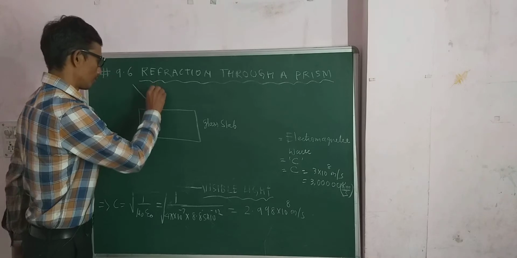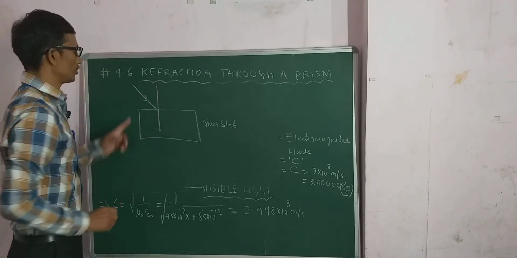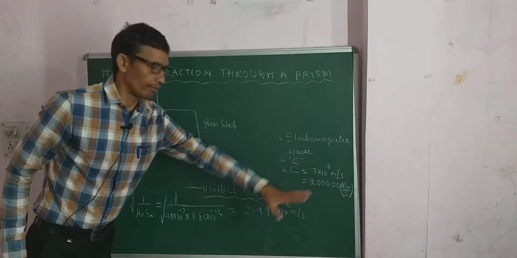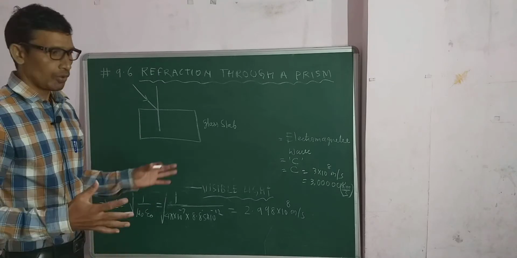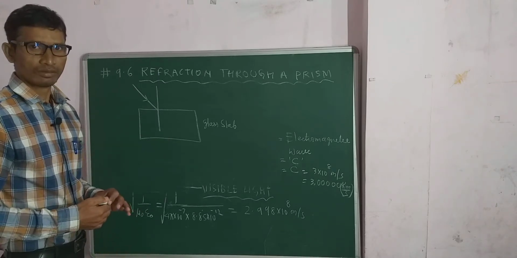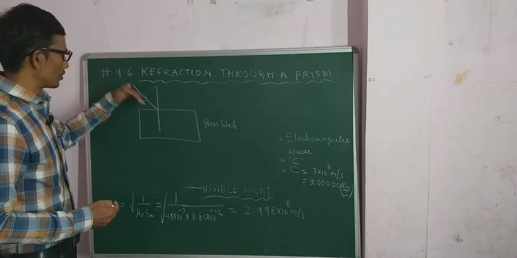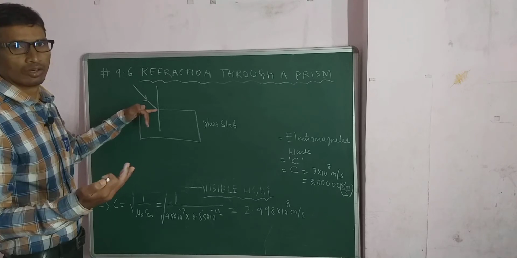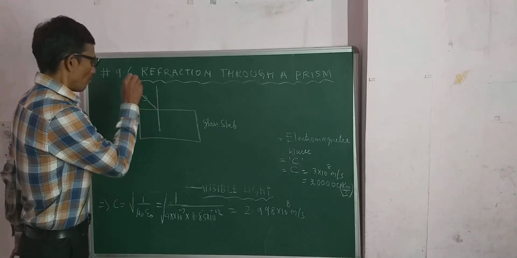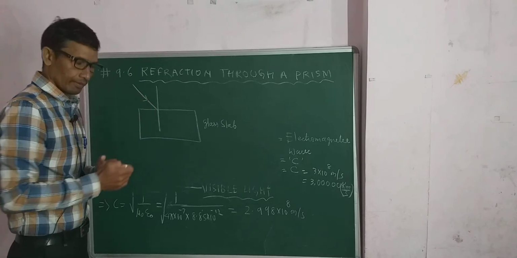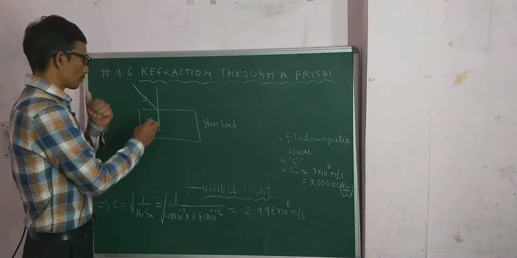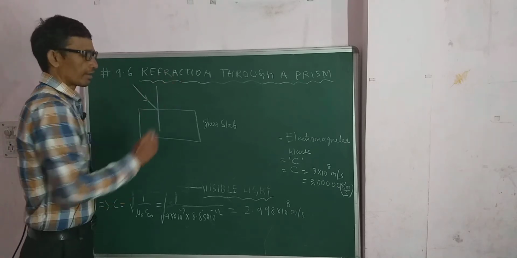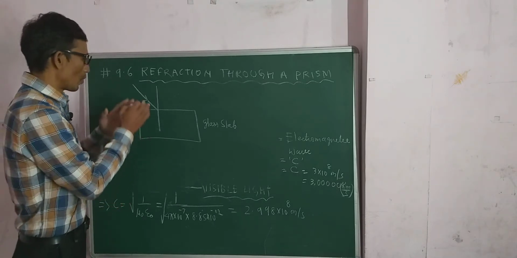This one is the incident ray. This is the light ray. Speed 3 lakh kilometer per second. Huge speed. So whenever the light strikes any object or surface of any object, it reflects. So when we take a transparent medium like a glass slab, what happens is there is refraction, some part refraction, but a huge